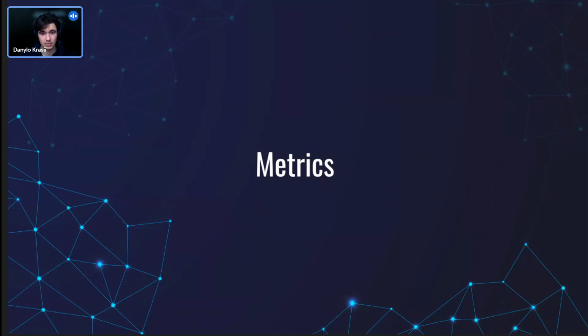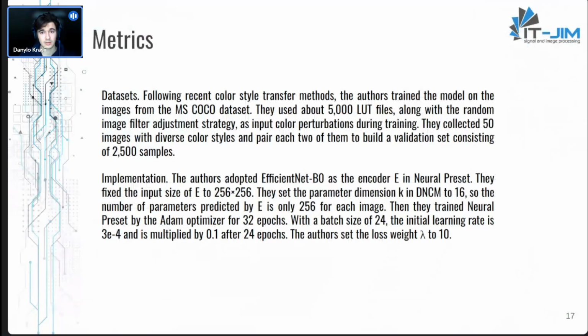Let's speak about metrics. Experiment setup. They used images from the COCO dataset. The authors also used about 5,000 lookup table files, along with the random image filter adjustment strategy as input color perturbation during training. They collected 50 images with diverse color styles and paired each two of them to build a validation set consisting of